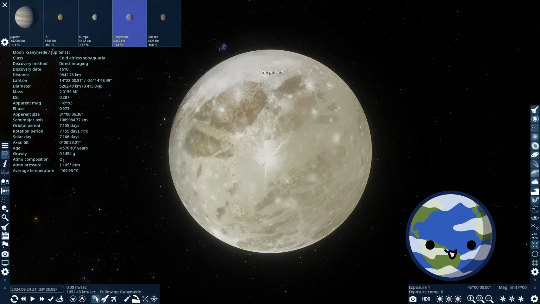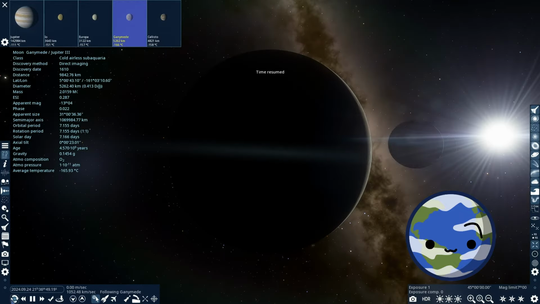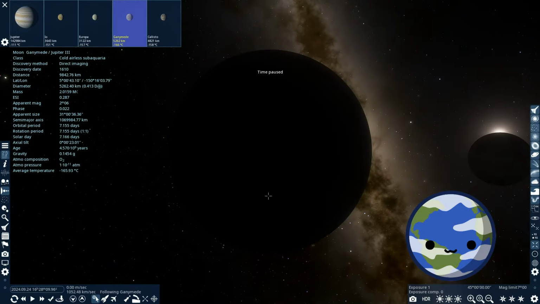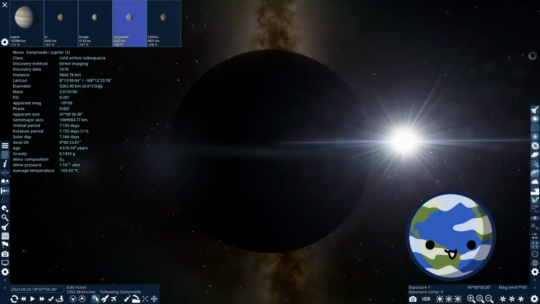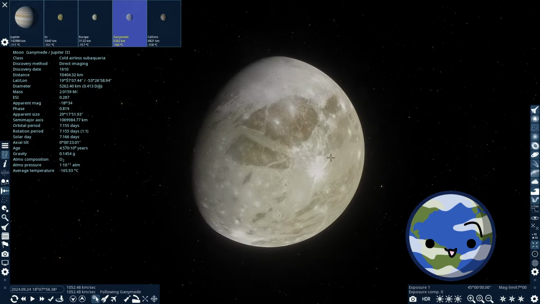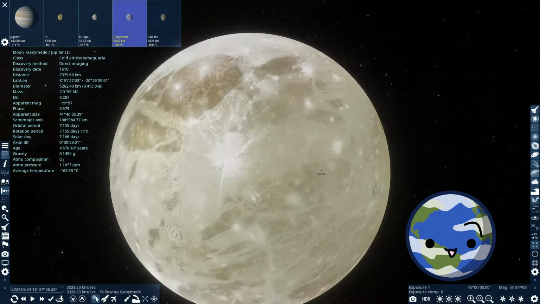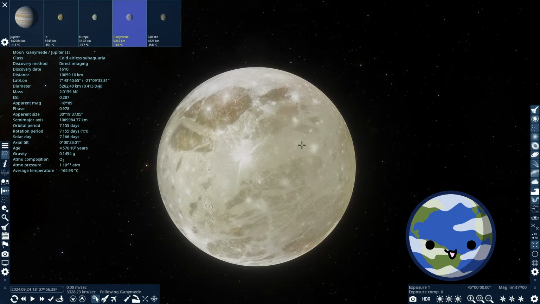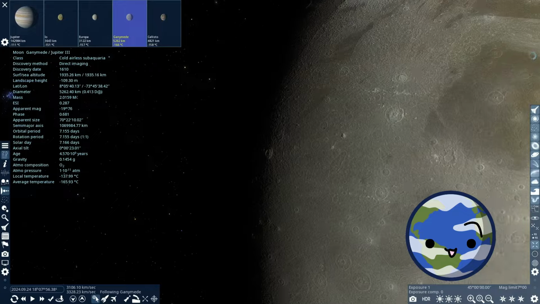Here's that part of Ganymede that everyone remembers, and I think we just got eclipsed by Jupiter earlier. Let me reverse time for a bit. Oh yeah, we got eclipsed by Jupiter for a bit. So yeah, here's Ganymede. It looks very beautiful. You can see these darker spots over here, and there are lighter patches of ground. If anyone has an explanation to this and why or how it happens, please let me know, because I'm very